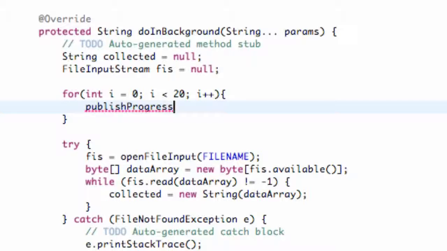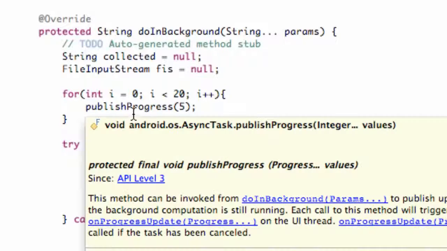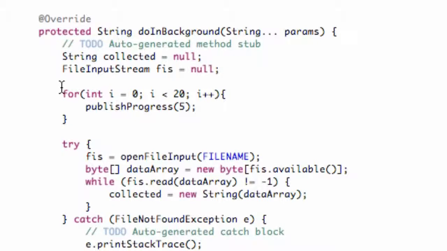And what we're going to do is pass in, within parentheses, what we want for the most part. So we're going to pass in 5. So now it's going to loop through 20 times and send 5 each time